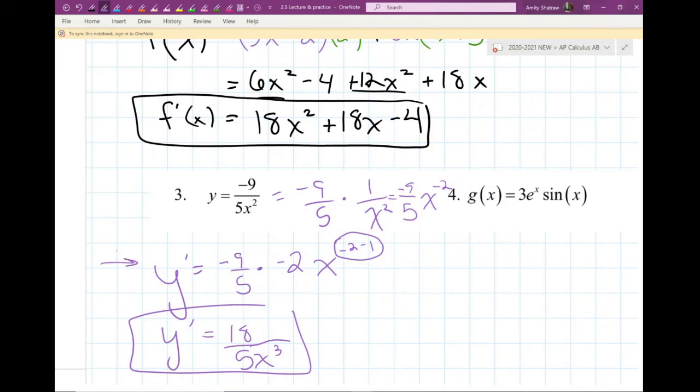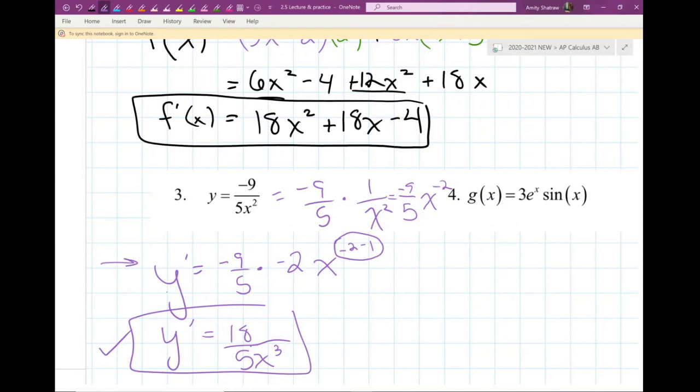If you were looking for multiple choices, this is where we needed to get, okay? And so we wouldn't care about the middle step at all. Some kids can actually do that work in their head as well. What if I didn't realize that? Is it possible that the quotient rule would work? Indeed it would, but it's a lot messier. Okay, so when you can see that division by that x squared there is really a negative exponent rule, it's a lot sweeter. All right, so for number 4 then, e to the x and sine of x, those two